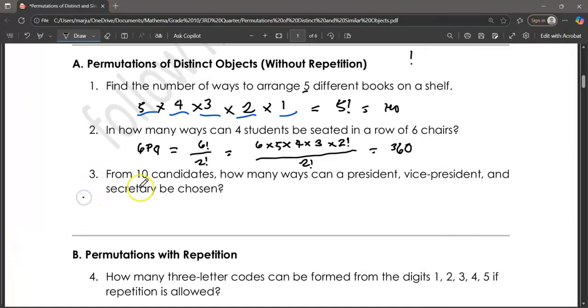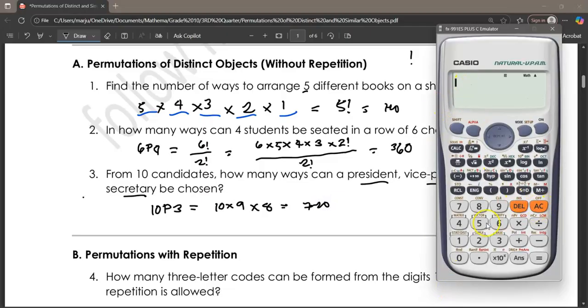Let's do number 3. From 10 candidates, how many ways can a president, vice president, and a secretary be chosen? So again, we have president, vice president, and secretary. So there will be 3. We're going to say 10 permutation 3. Or this is just 10 times 9 times 8. We're choosing 3, right? So this will give us 720. You can use your calculator again to check. So say 10